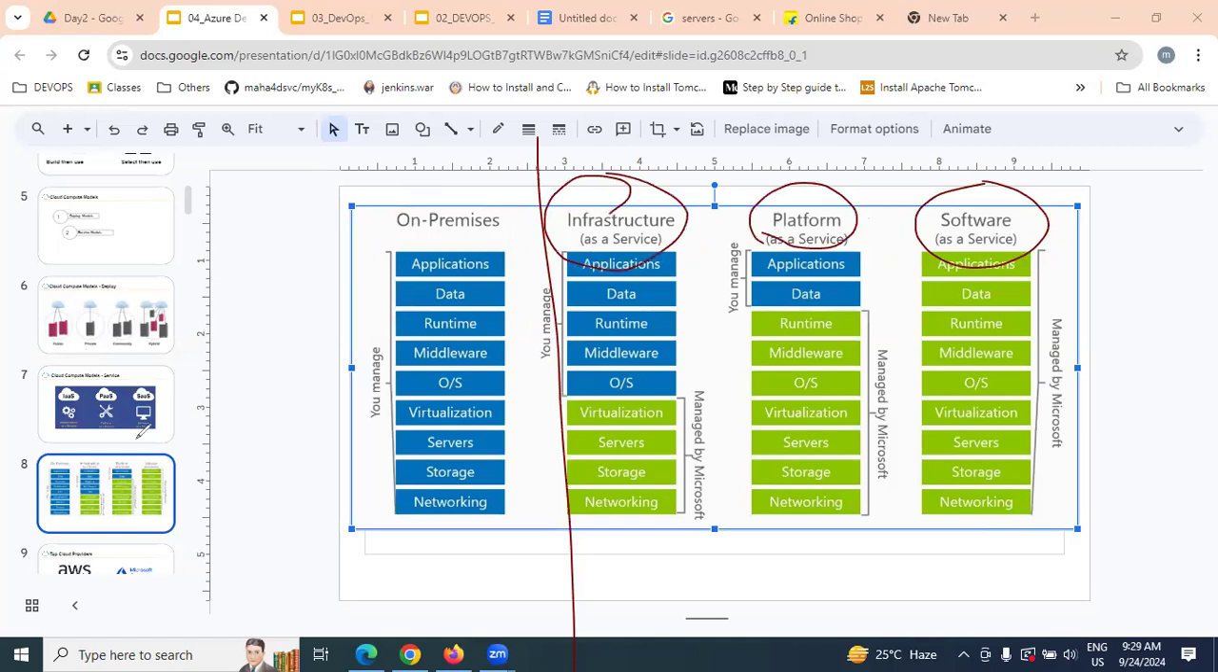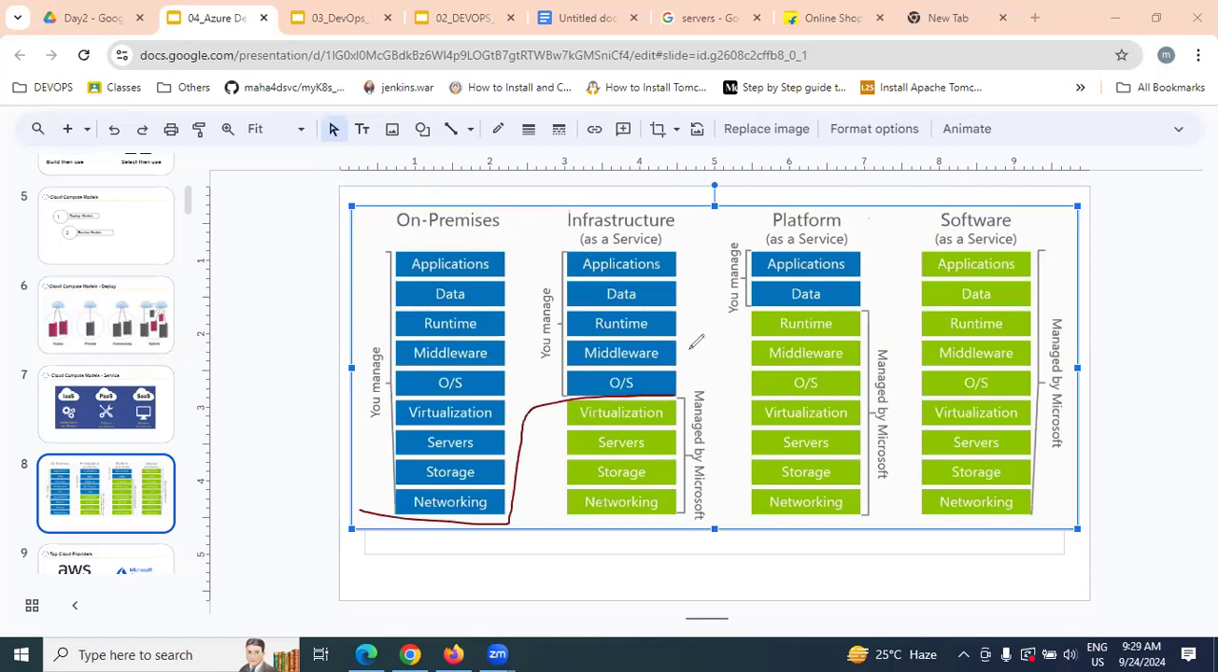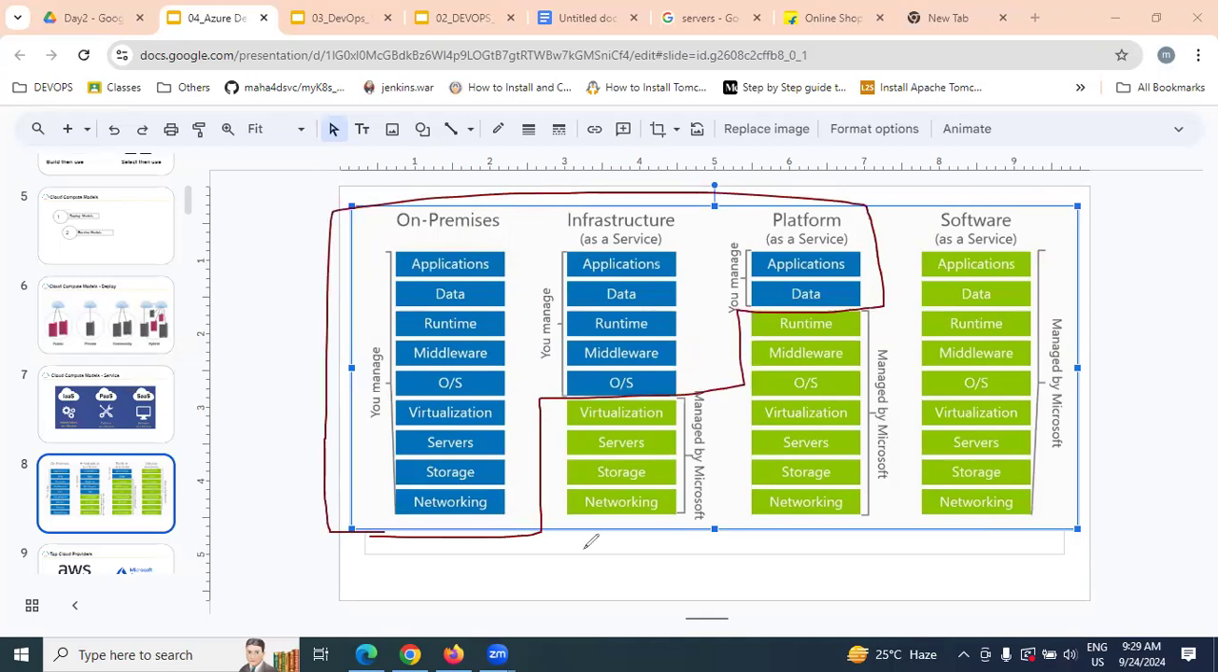So what I mentioned in blue color, that is managed by you. What is the green color? That is managed by the Azure cloud itself, not by you. For example,